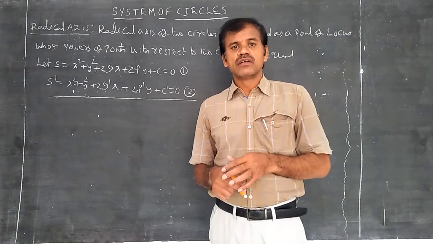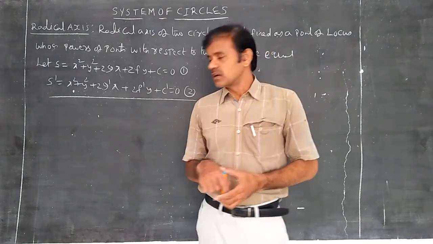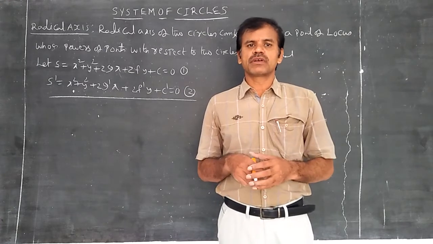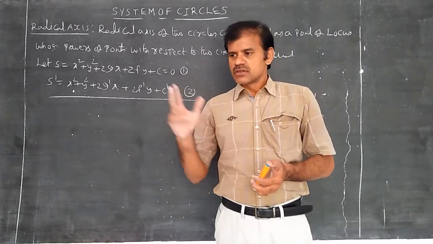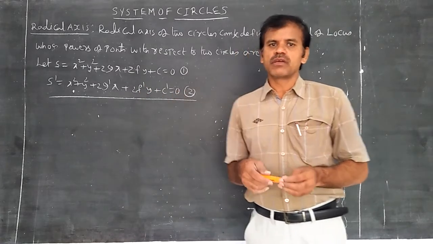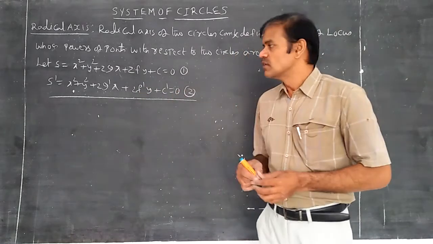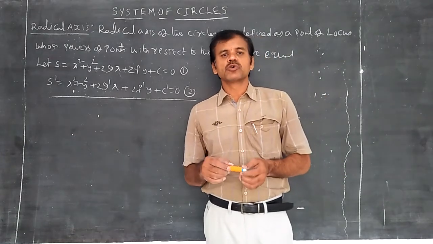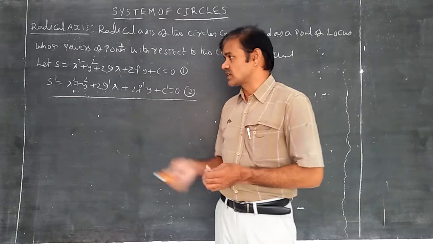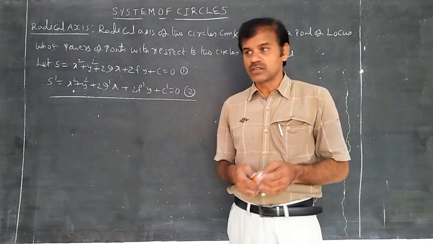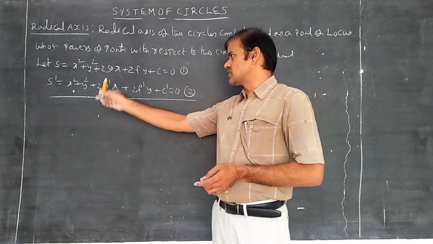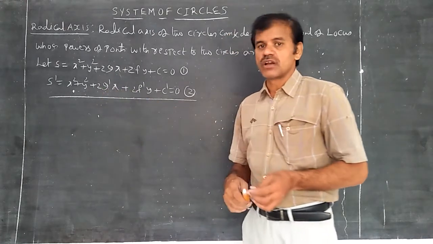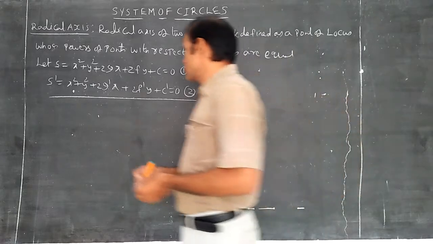Whenever I discussed the concept of circles and proof, I said that CP is equal to r, where P is any point x comma y and the center is h comma k or alpha comma beta. The formula of circle is x minus h whole square plus y minus k whole square equals r square. So no need to get confused about whether it is x dash or x1. X square and y square will not be changed, but the variables g and f in the center may change, because it is a locus.